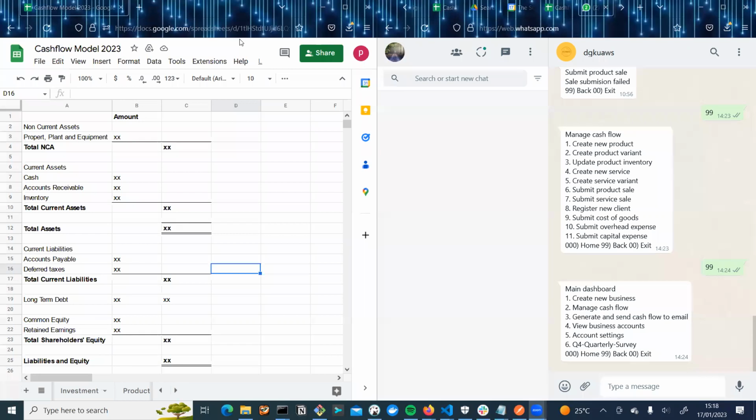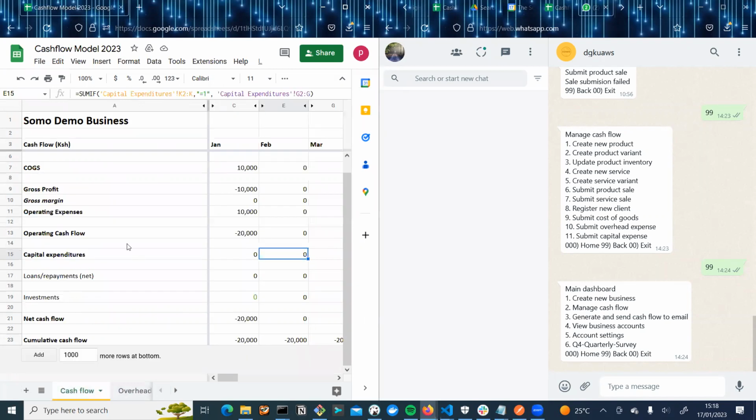Let me take you through the different tabs that we are having with this new version that we have. So with this new version here,